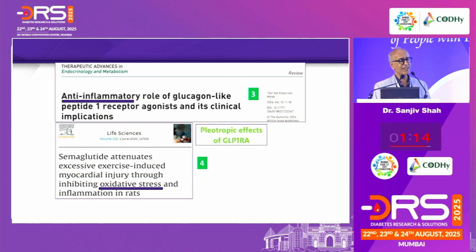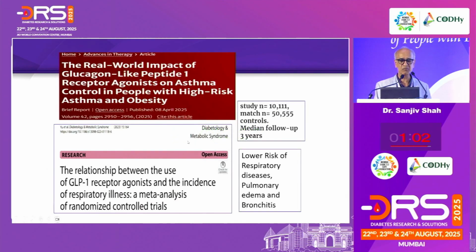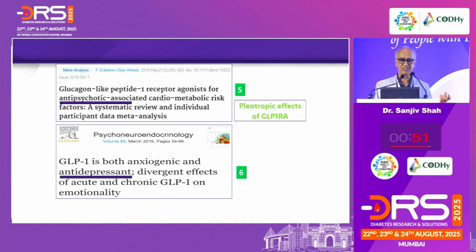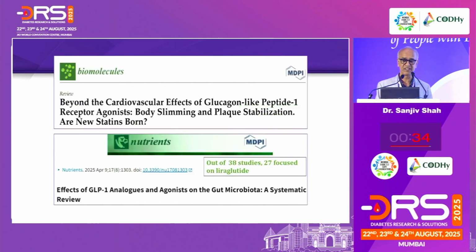If a drug, by and large, by a class, reduces body fat as a core main mechanism, then obviously there is an anti-inflammatory benefit seen in different studies, pleiotropic. This is seen in pulmonary fibrosis, in asthma, in long-term trials. A benefit for long-term prevention of Alzheimer's or Parkinson's. Benefit in patients who are treated with antipsychotic drugs. All GLP-1RAs have an anxiety-precipitating effect in the first month. But in the long term, when the drug is continued, it has an antidepressant property, which is unlike all other obesity drugs.